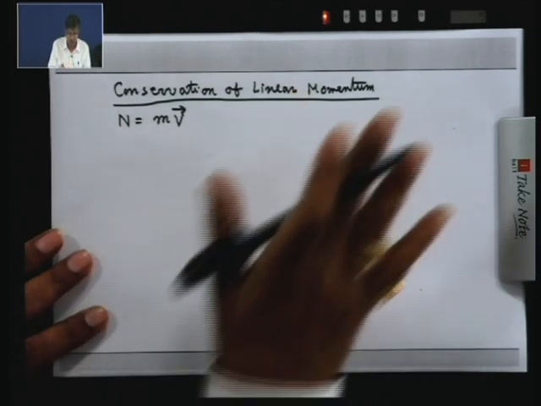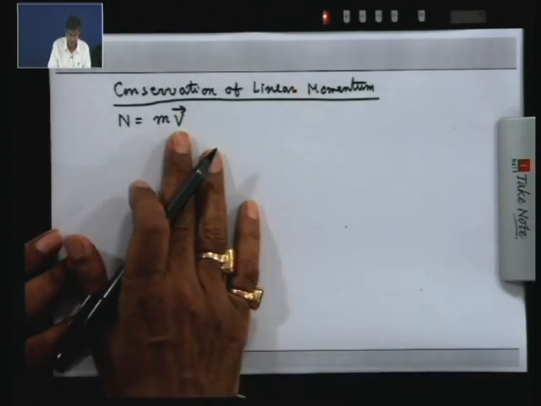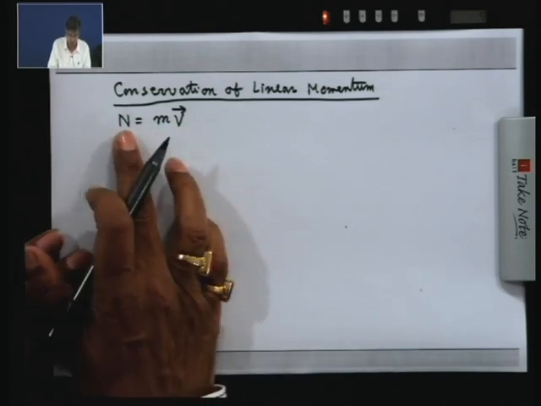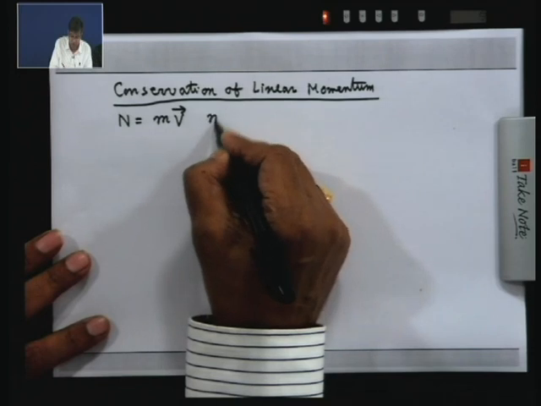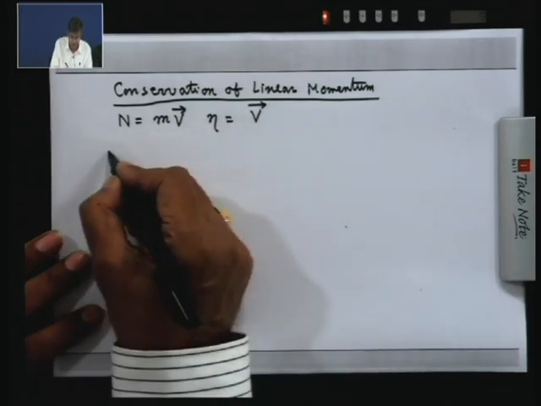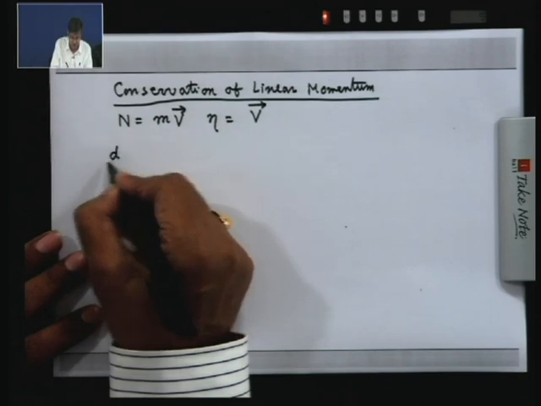Let us consider, for your understanding the first time, a static frame of reference, that means absolute velocity. So for linear momentum, the corresponding eta will be v. Then I write the equation d dt of